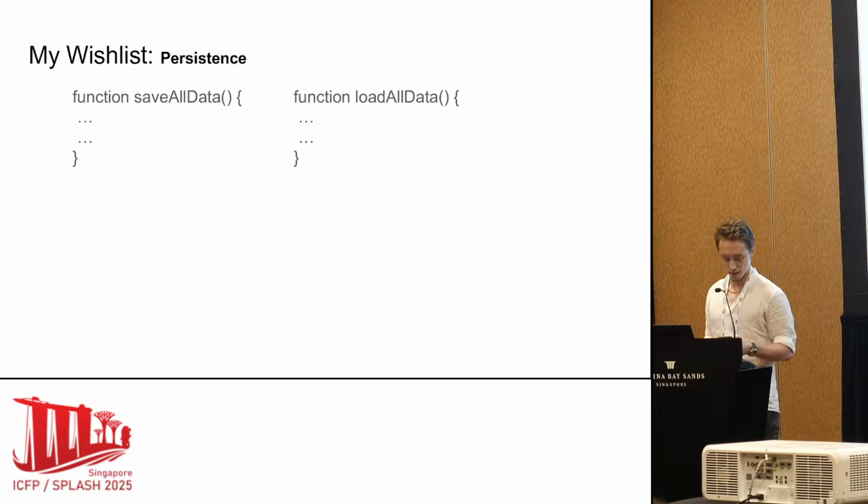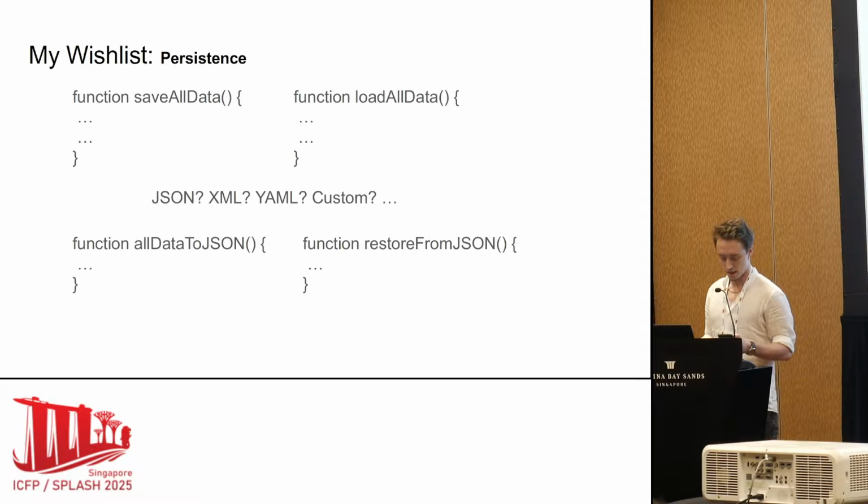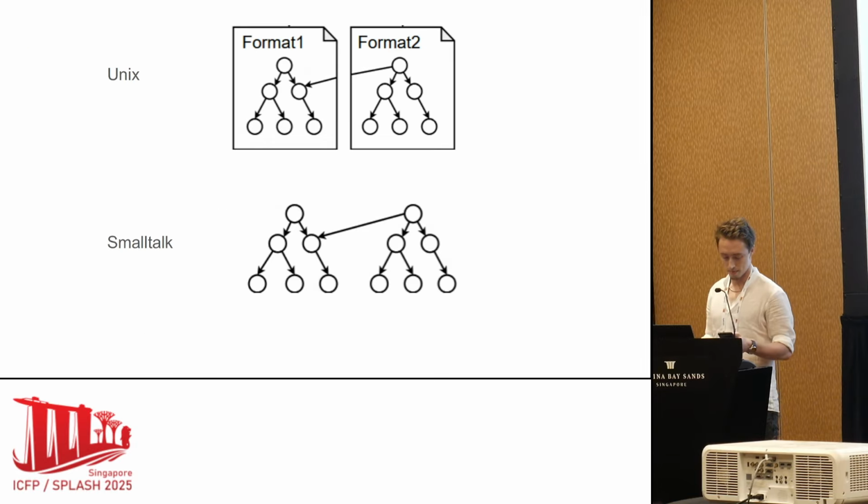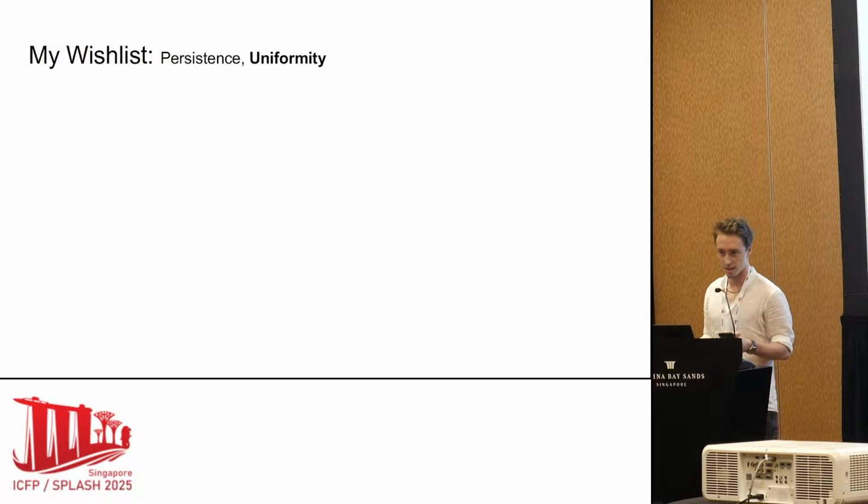Outside Smalltalk, when I'm writing, loading, and saving code, I'm also forced to choose how my program data structures are going to be serialized. Even if I choose an existing file format like JSON, I still have to decide how to encode my graph structure into a JSON tree. And the bigger problem is that other people aren't guaranteed to make the same choice as me. So we all use different file formats, and my program can't read their data even if it technically contains all the information I need. In Smalltalk, all structure is uniformly expressed as graphs of objects. And objects themselves are encoded by the VM in a way that I mostly don't need to concern myself with. So this uniformity is the second object of my envy.